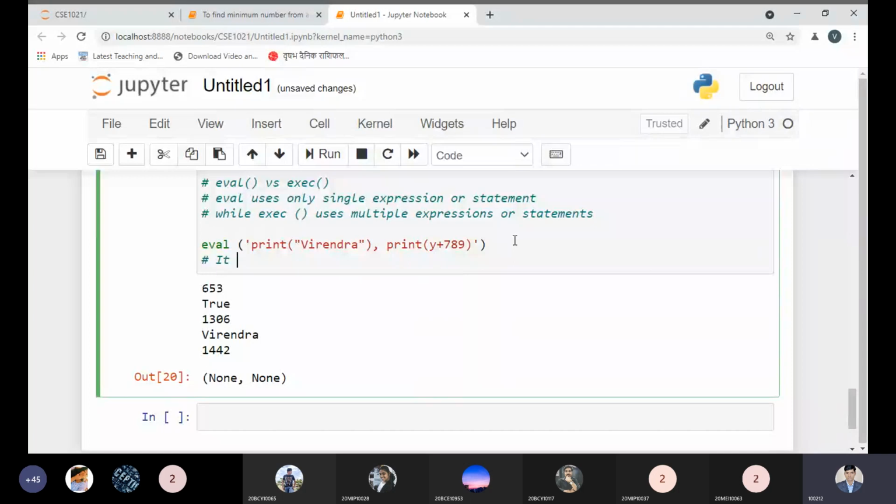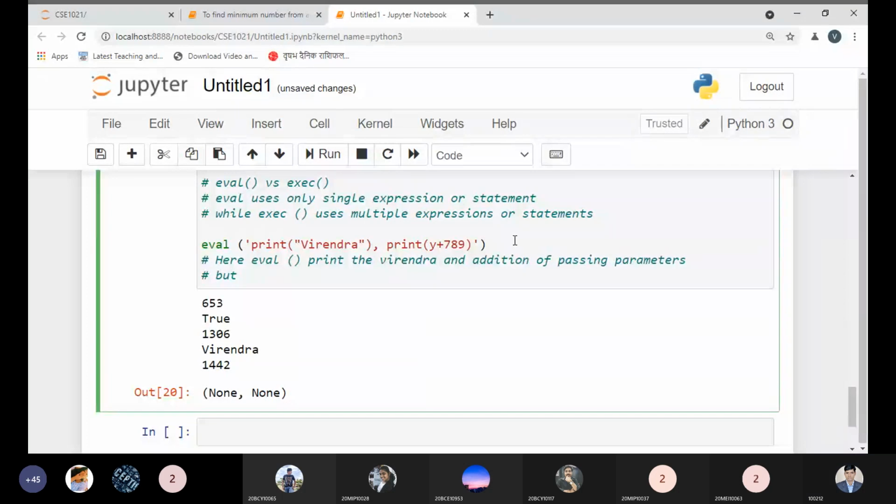Here, what is happening is that the eval method prints the addition of the passing parameters, but it will not return anything, so we get None. Okay, so this is the point.